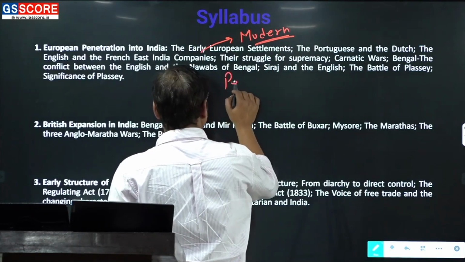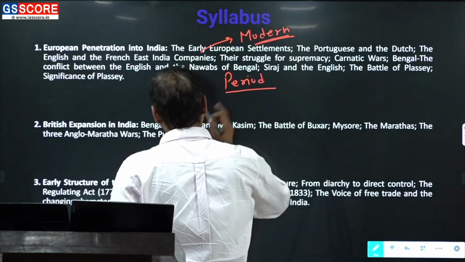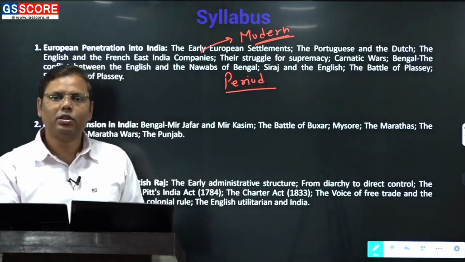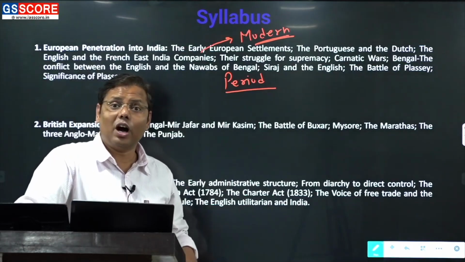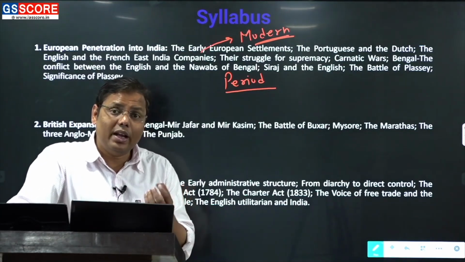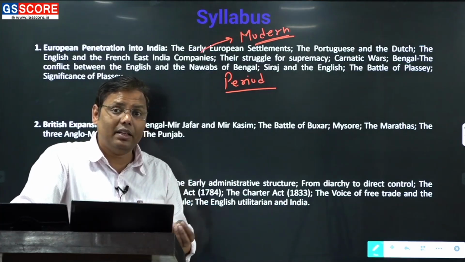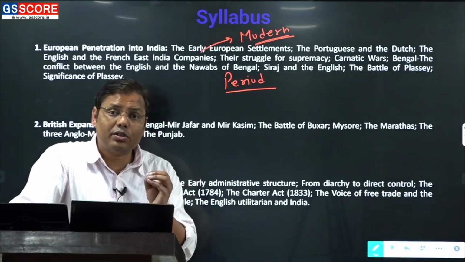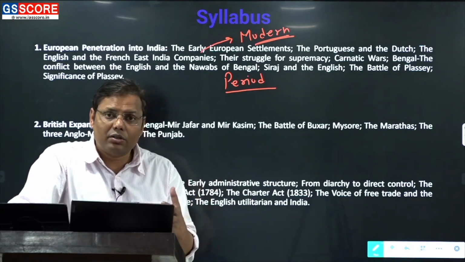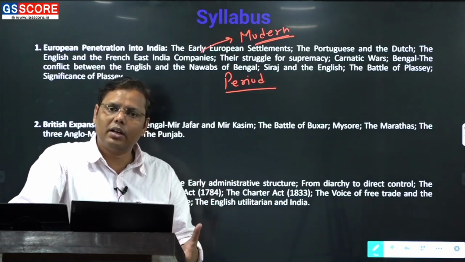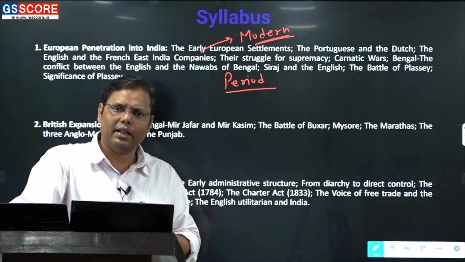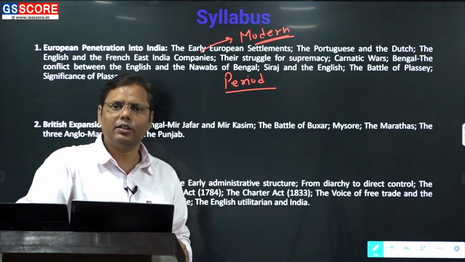But if you look period-wise, you all know that when the European companies entered India, the Mughals were ruling at that point of time. So how can we keep this development in the modern times? It shows a very old perception, where the coming of Europeans was believed to show modernity. Only the coming of Europeans does not show that India has entered modernity. If they come and make certain structural changes in various areas, then we can assume yes, India has entered the modern period.